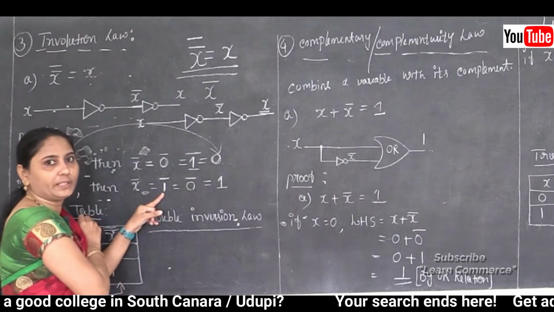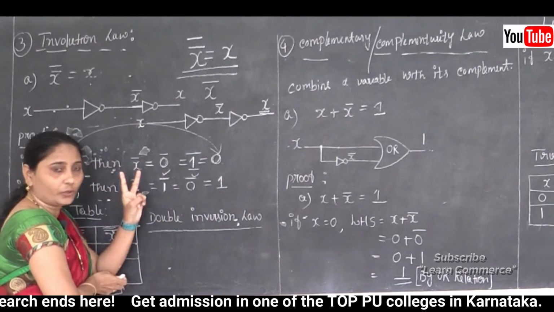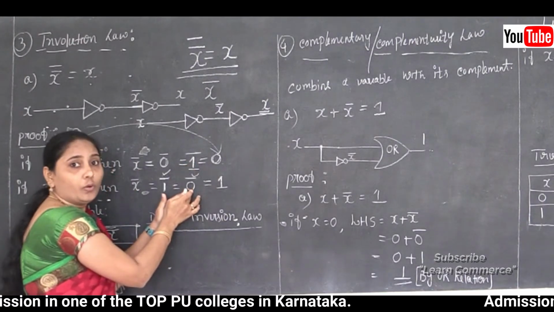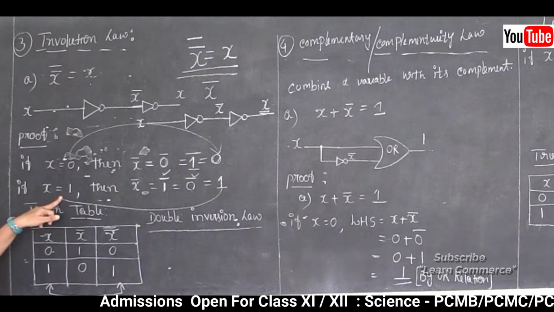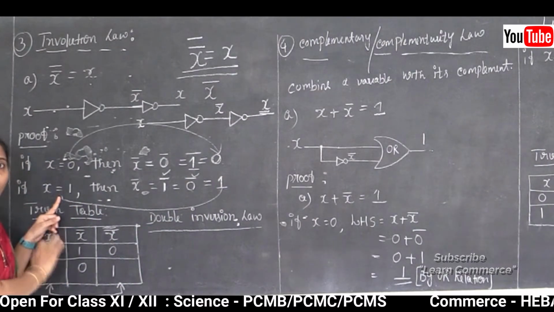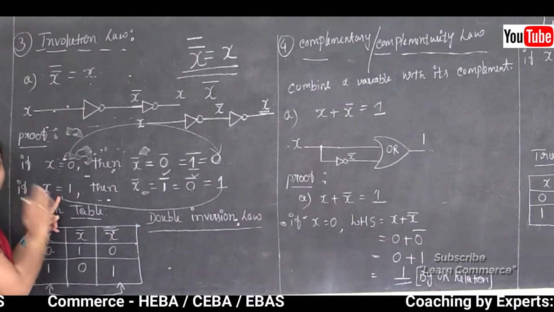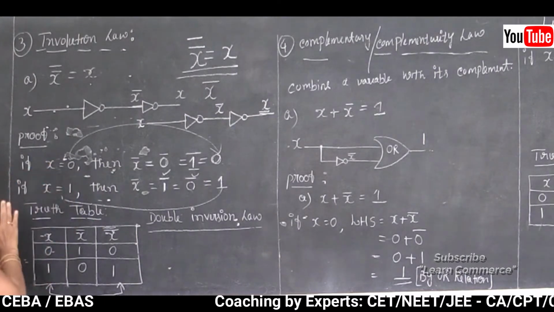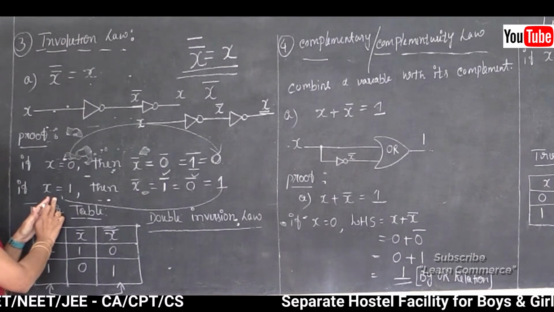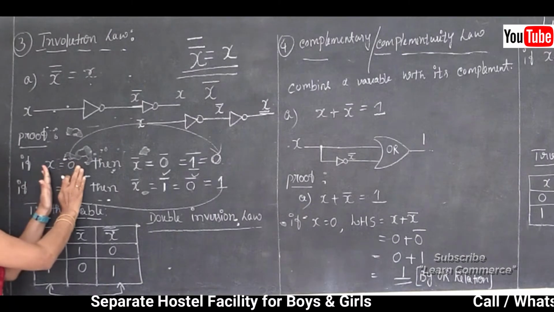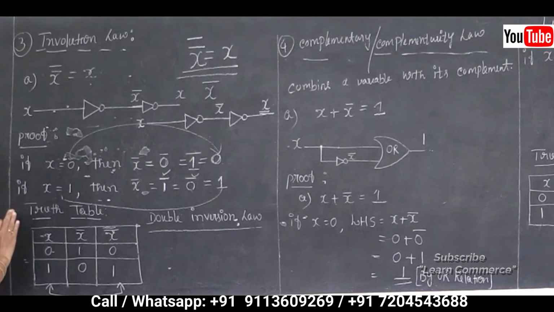And again we need to make the complementation. One time I completed, and this is the second time, twice. Correct? So the second time, not false, the value is equal to true. So we can say that the value of x at the starting step is 1, and at the last and final step the value we get is the same, the value we had at first. Like that, we can prove it using x equal to 0 as well as x equal to 1. Clear this point here? So this is the proof using the x value equal to 0 and the x value equal to 1.